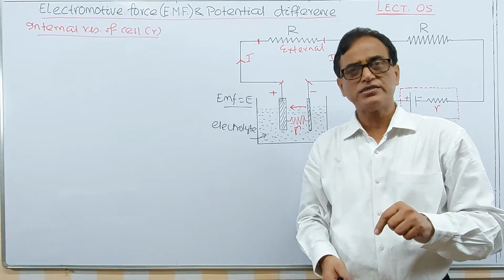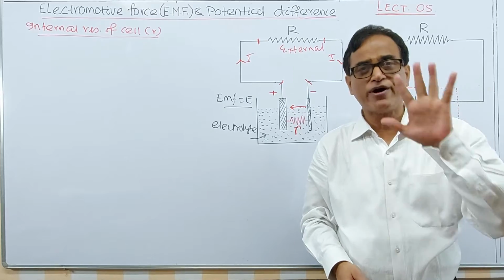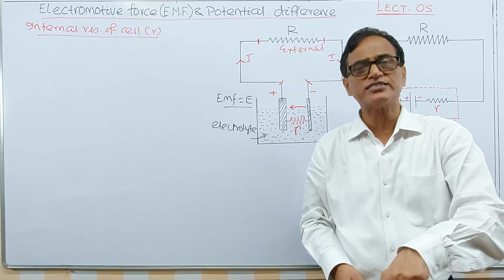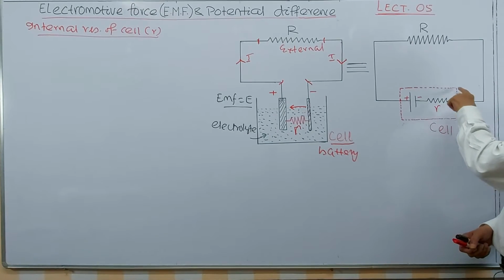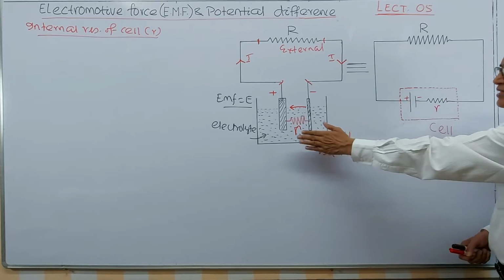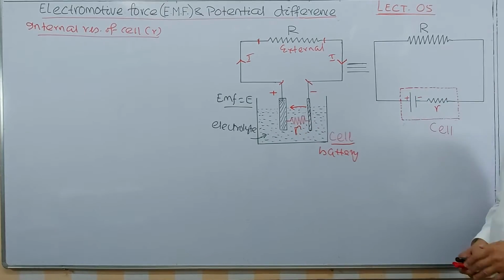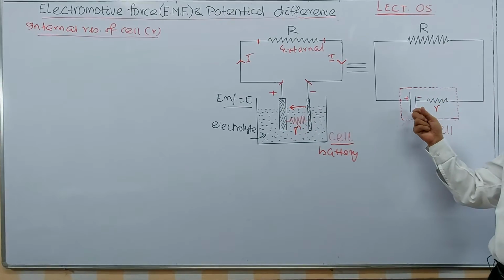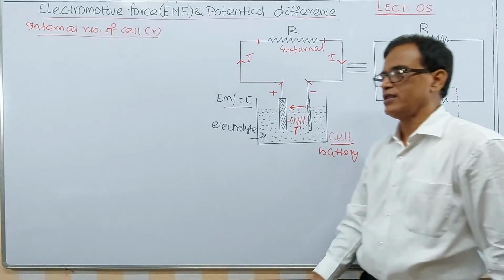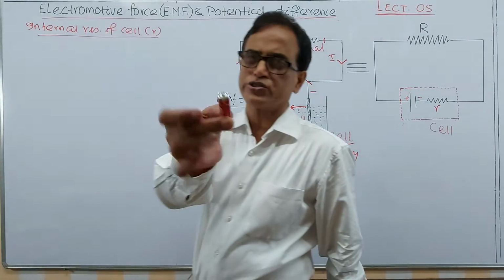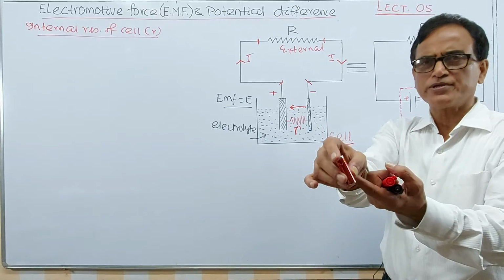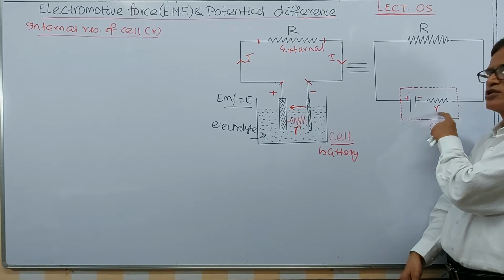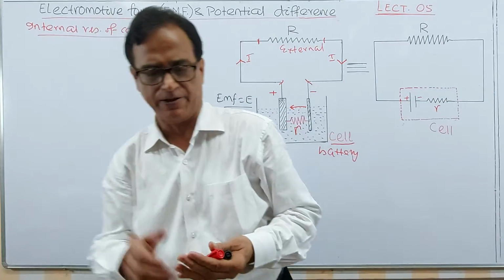But in some cases you will be asked, a cell of EMF 5 volt and internal resistance say 0.5 ohm is connected in the circuit. That's why this should be taken into consideration. See, this dotted line represents the cell, which is a replacement of this one. Now onwards we will use this one, not this one, remember. So this is a cell, one is the positive terminal, one is the negative terminal. As I have shown you the battery itself, this is also a dry cell. There must be some material inside it and there is a certain amount of resistance called the internal resistance of that cell.